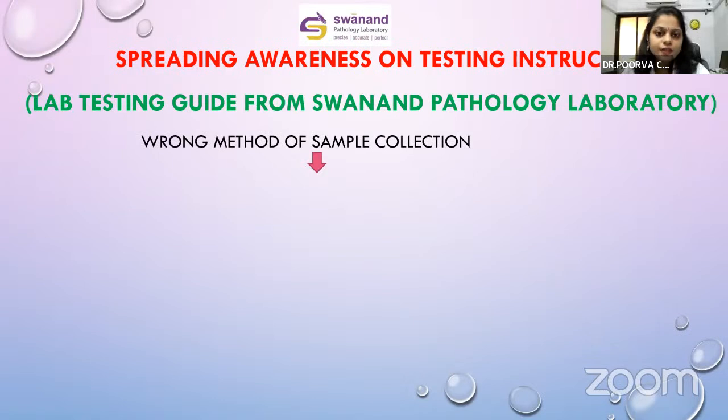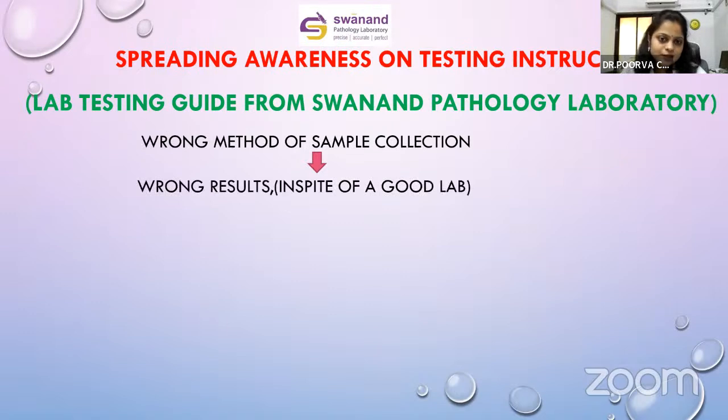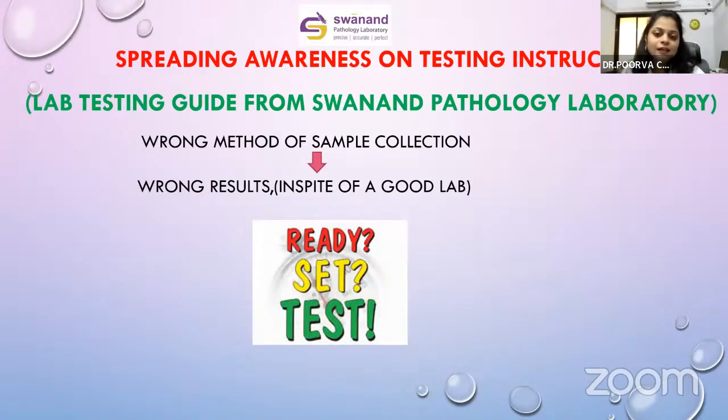This is very important because if your sample collection method is wrong, then you will always get wrong results in spite of a good lab. Even if you go to any big NABL lab and you don't know the pre-analytical testing instructions to be followed, you will get wrong results in spite of a very good lab. This is the most neglected but very important step in pathology testing, so we will highlight it today. You first have to get ready with your instructions, get set with them, and only then test yourself. So let's see